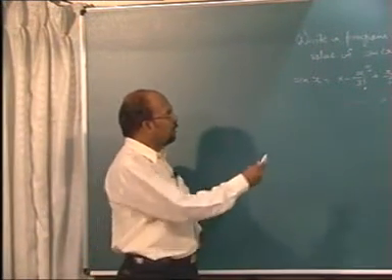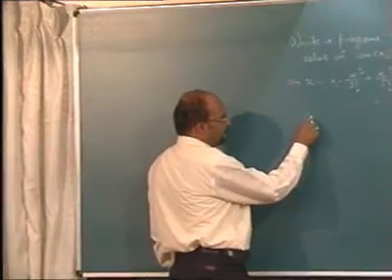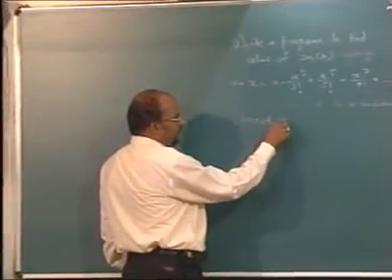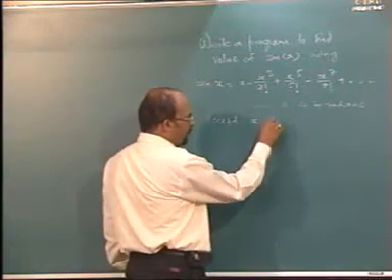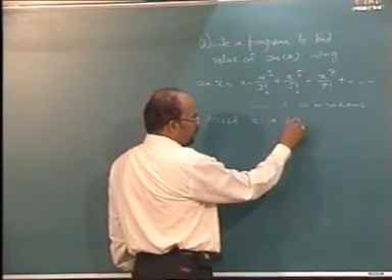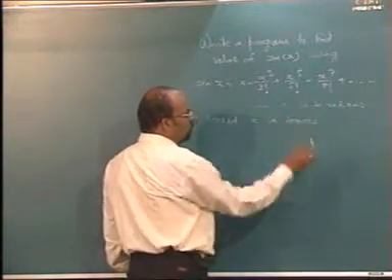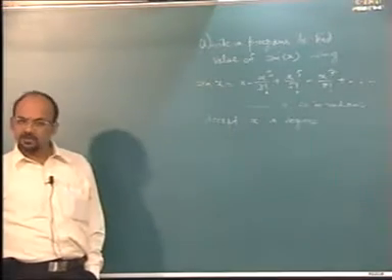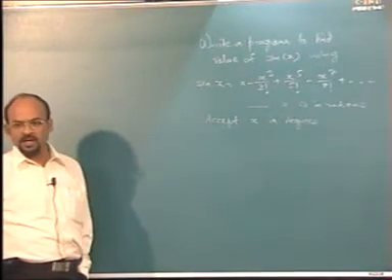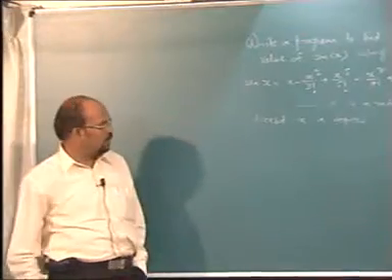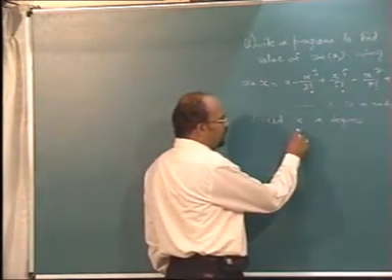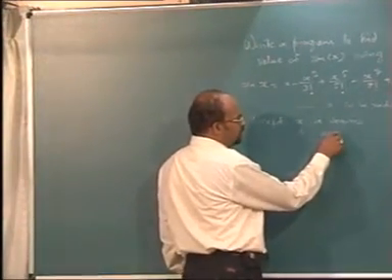You are required to accept x which is going to be in degrees, because the user cannot give you the angle in radians. Let him input it as 30 degrees, 40 degrees, whatever. We will convert it to radians. One job. It should also give us n, the number of terms